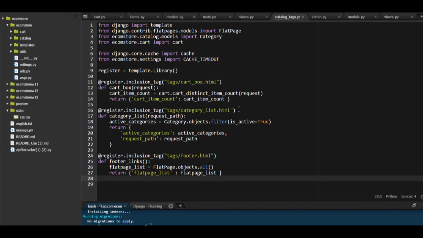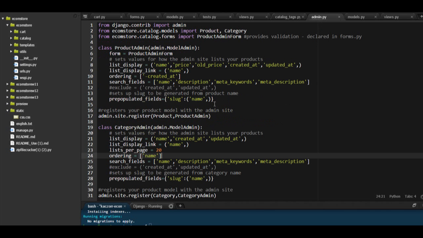The catalog tags has a tags cart box, tagging each item by category and type of product, their active orders, the class product, and the admin.py file